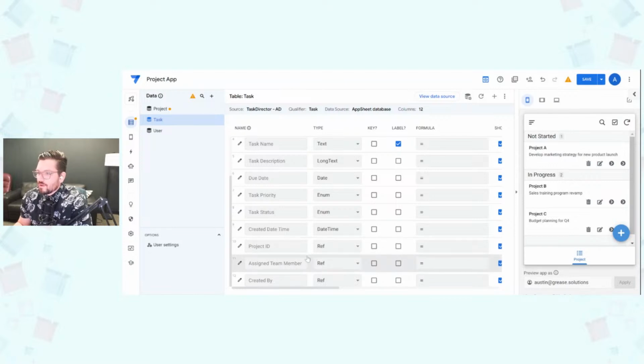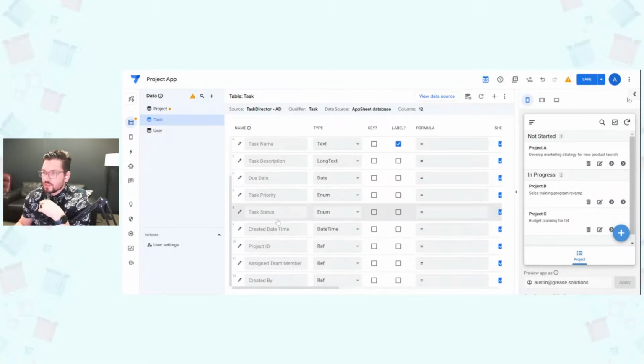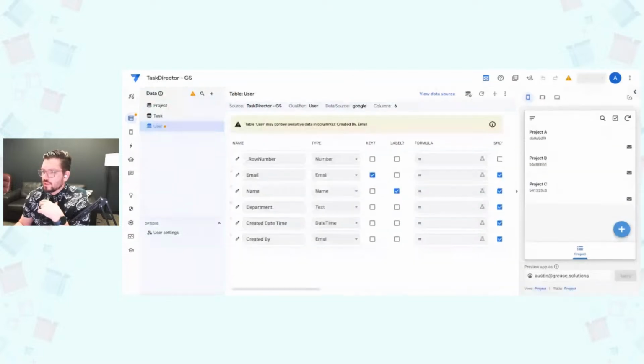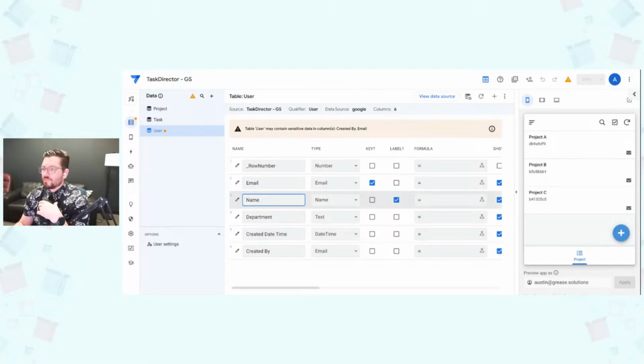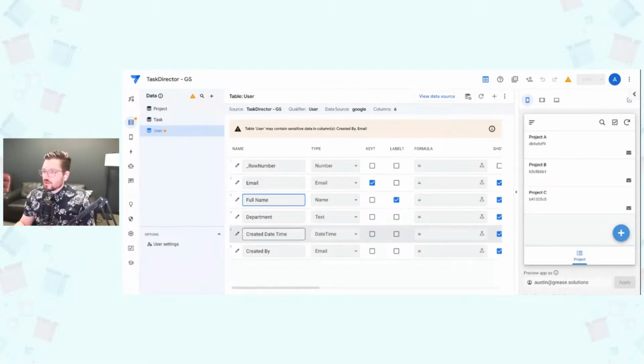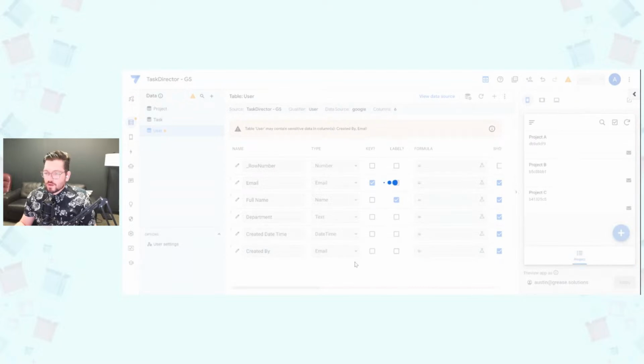Appreciate it. All right. So then we also have our assigned team member is a ref. One thing that is pretty cool that I'm noticing about AppSheet databases is it's not allowing you to change this name here, which is nice. Because if we go over to the Google Sheets one, we can change the name, but let's just say if I put full name here, I'm pretty sure it's going to break the application. So if I try and save that one,